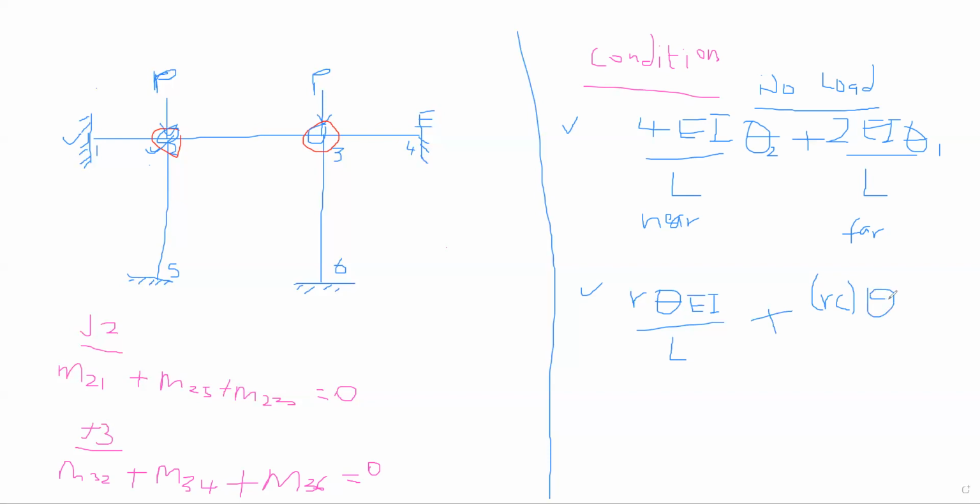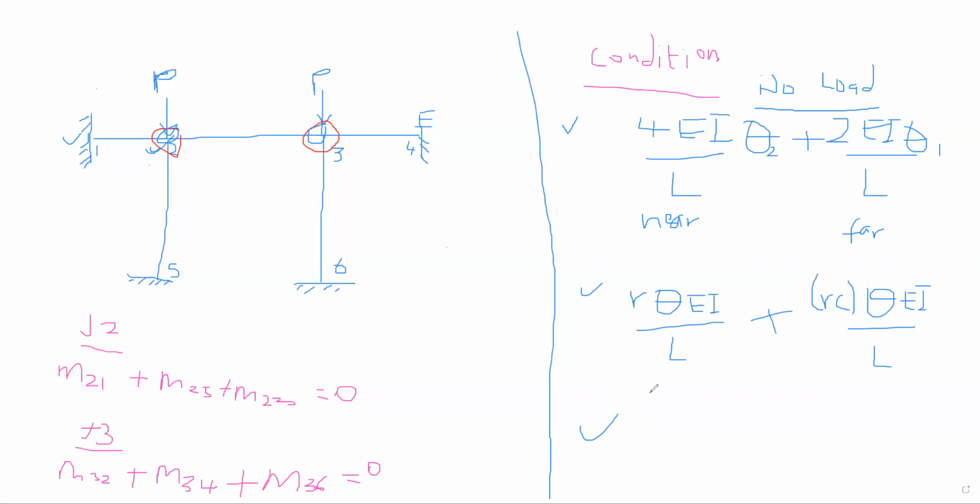Then the far end's theta, EI over L. Please, do you get it? Okay. Yes. So, and the third one